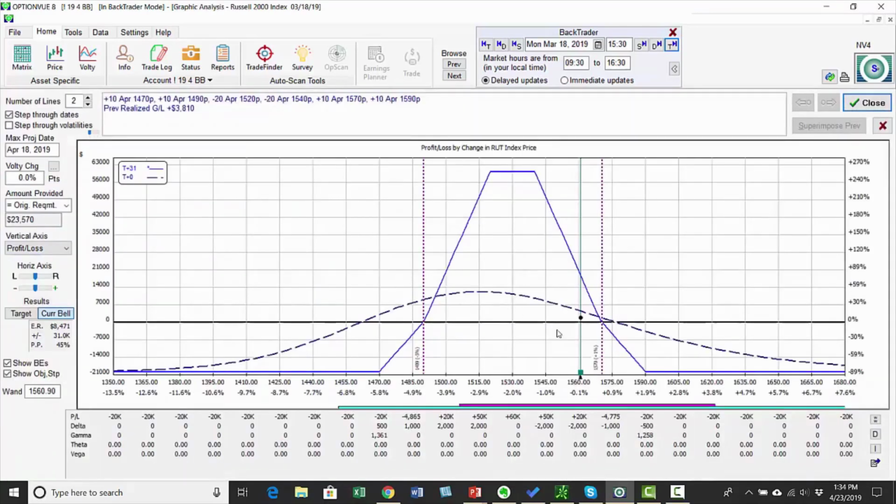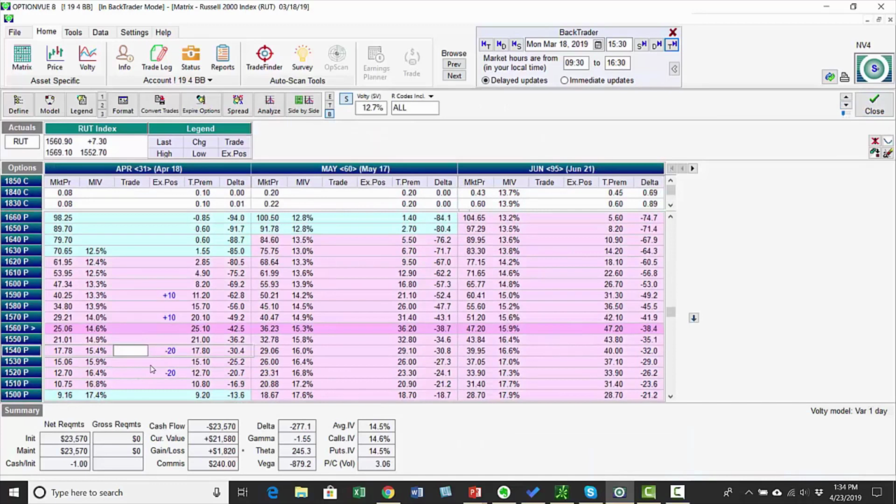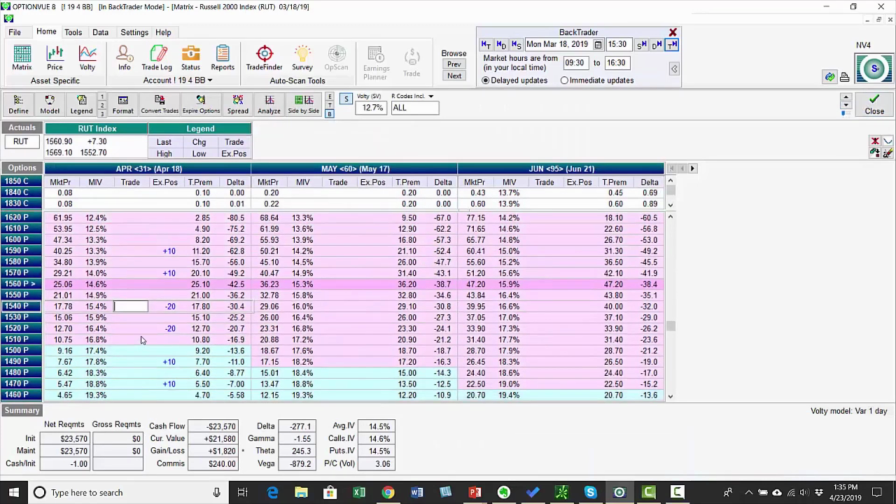Now again, ideally, we would like the market here to pull back towards the back side of this new position and take our $15,000. There's a decent chance we'd be up close to that, and move on. And the market did actually come down a bit from here, but it didn't really come down as much as